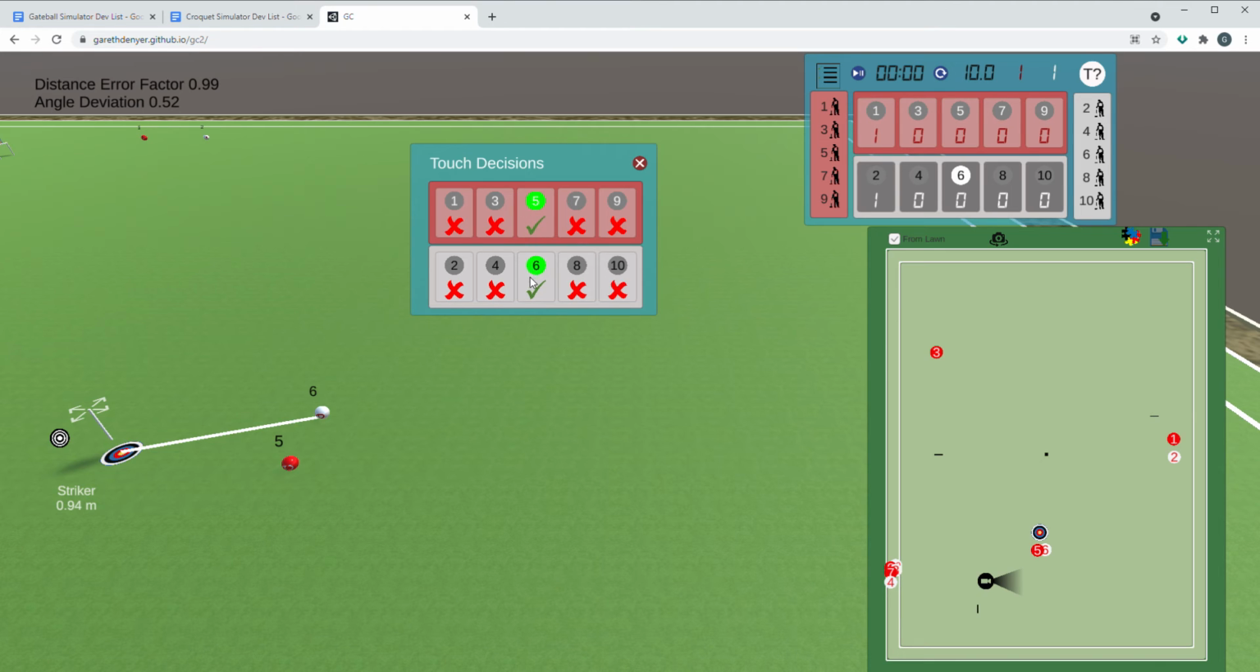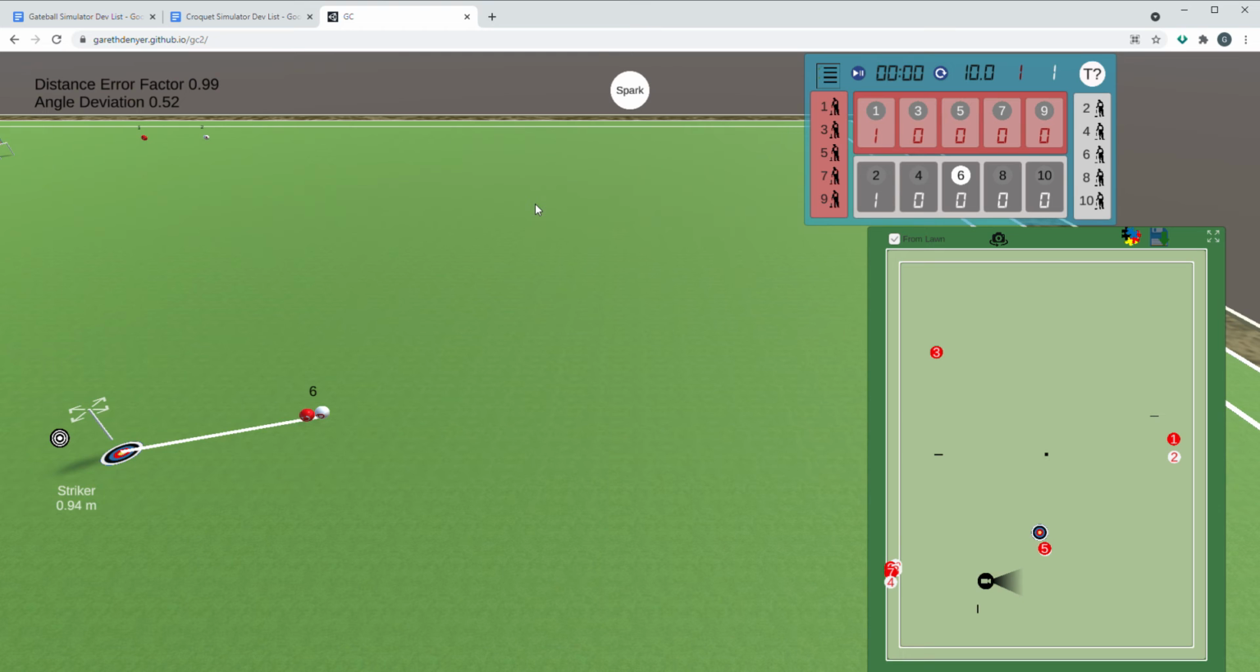Ball number 6 registers a collision as well, so that's not a touch. Ball number 5 is the touch. Having decided that ball number 5 is the touch, we click on that, and it becomes the touched ball in a spark. So now when I position the target, I'm positioning for a spark, and I'm going to play that ball out,